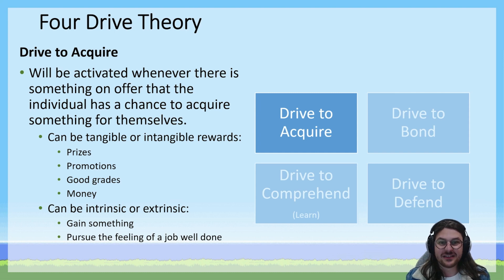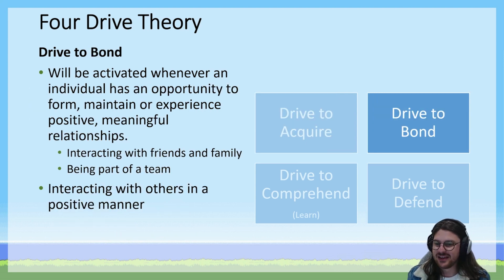Certainly, the triggering cause, the root cause for the drive to acquire to be activated can be intrinsic or extrinsic, and this is really true of all of these different drives. It can be for the drive to acquire that you have something tangible that you can gain from someone else, or it could be that you want to be proud of yourself for your own purposes. You want to see if you can achieve something, and so that can be an intrinsic source of activation for the drive to acquire.